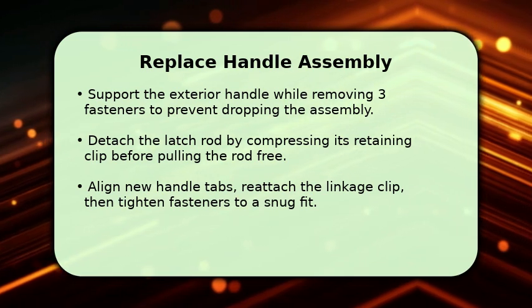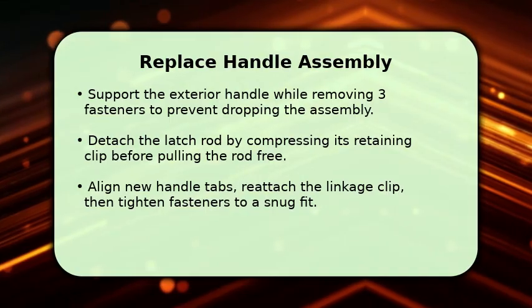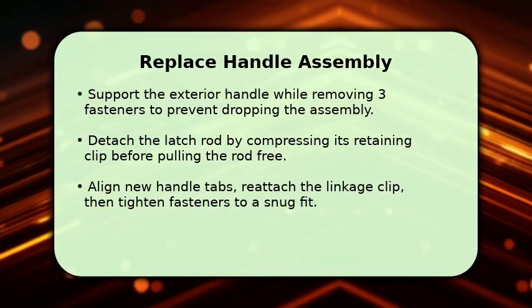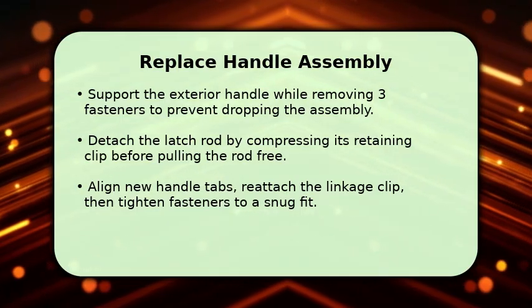Position the new handle, align its tabs, and reattach the linkage clip securely. Tighten bolts to a snug fit, reconnect any wiring, test the door latch and lock operation, then reinstall the interior